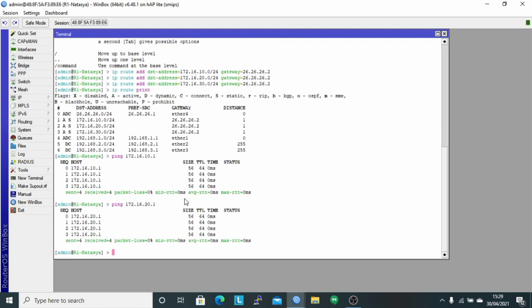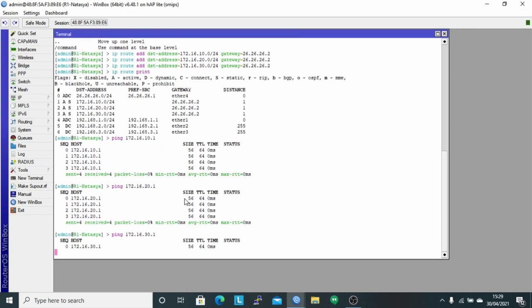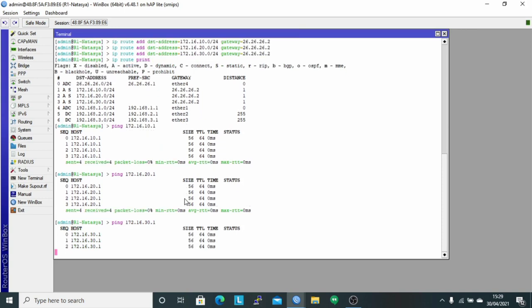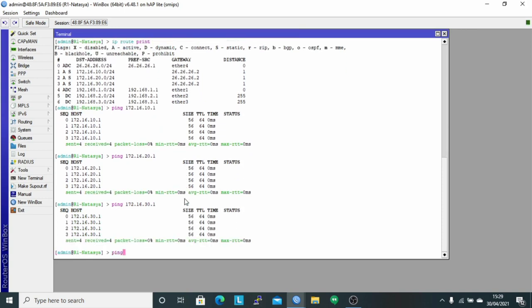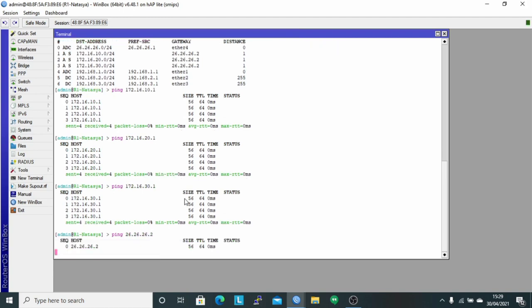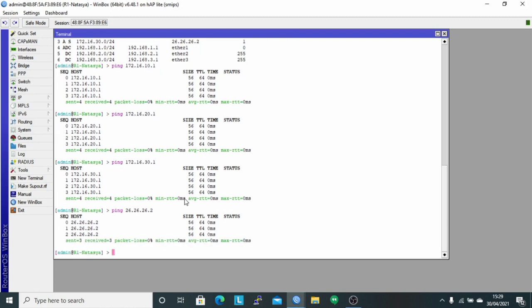And for Ether 3 on router 2 with the command ping 172.16.30.1. And perform ping also to the IP gateway on router 2, namely ping 26.26.26.2. It can be seen that the result is reply. It means that the router 1 clients can connect with the router 2 clients and router 1 is connected to router 2 also.